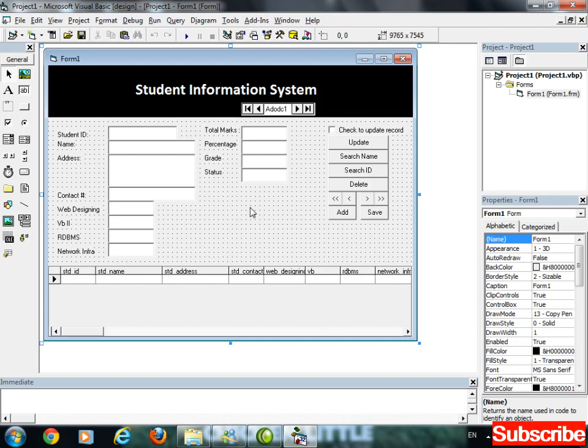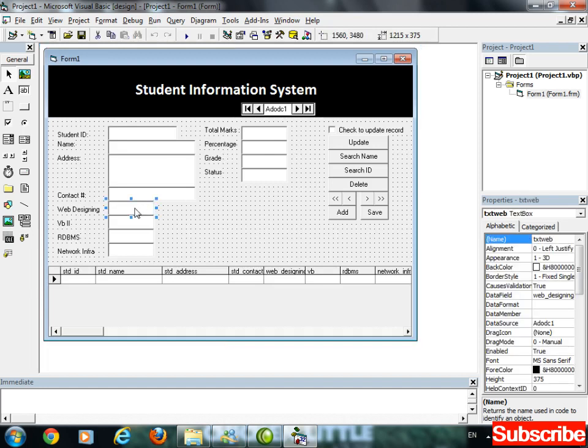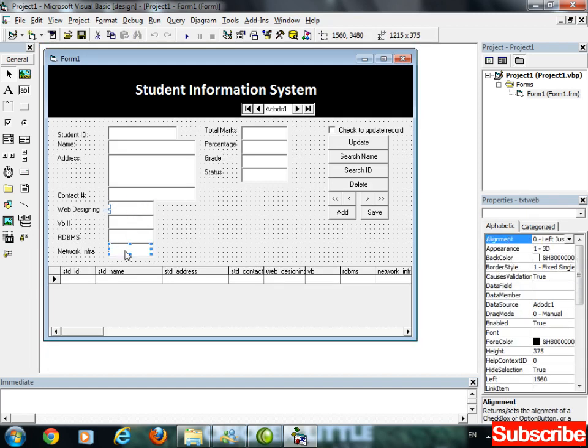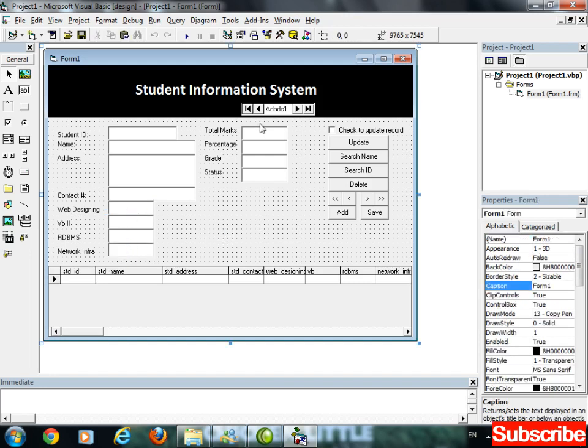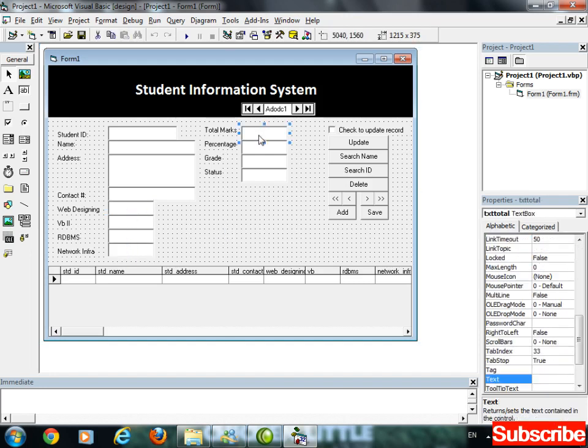and grade, percentage, and the next one is status. So on form load, double click on form, you have to assign the total value of these 4 text boxes to the total mark, txt total.